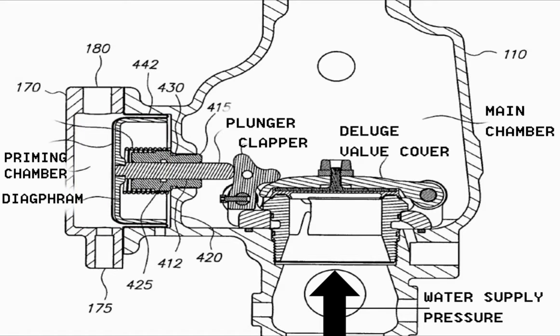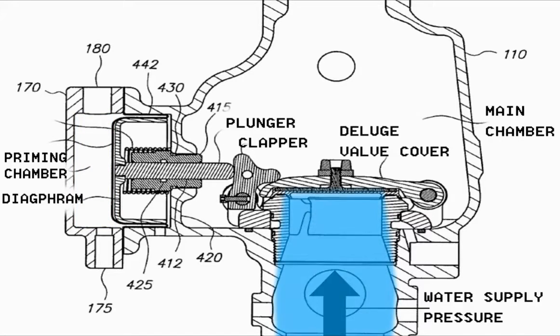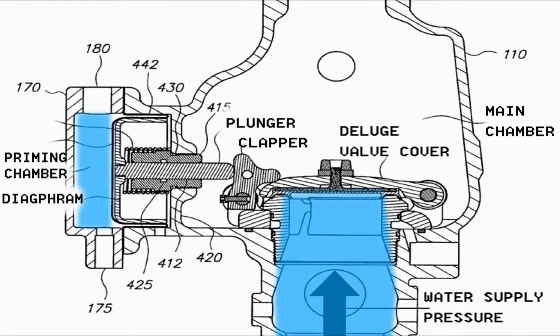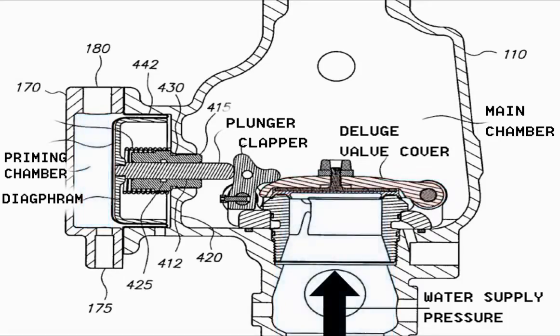The position of the deluge valve depends on the differential pressure between the priming chamber water pressure and the water supply pressure. In the shown figure, the deluge valve is in the normal closed position, where the priming water pressure is pushing the diaphragm in the forward position, which is connected to the plunger, forcing the clapper to close the deluge valve cover and overcoming the water supply pressure. Therefore, the priming water pressure behind the diaphragm is balancing the water supply pressure, causing the deluge valve to be